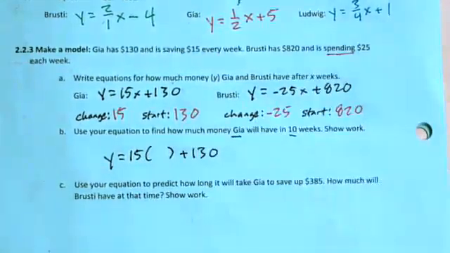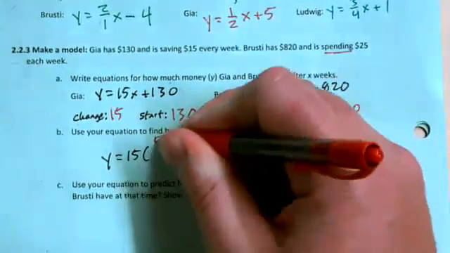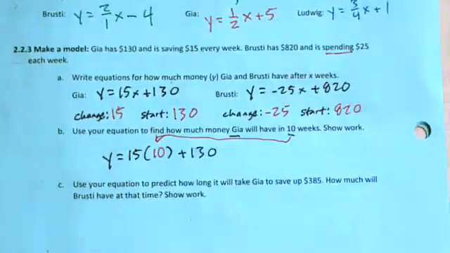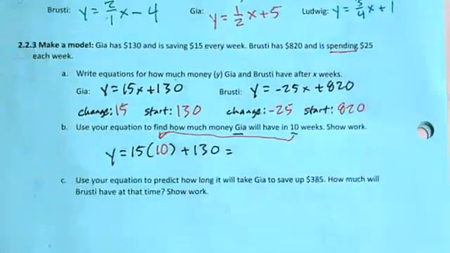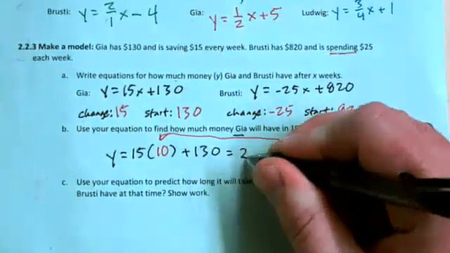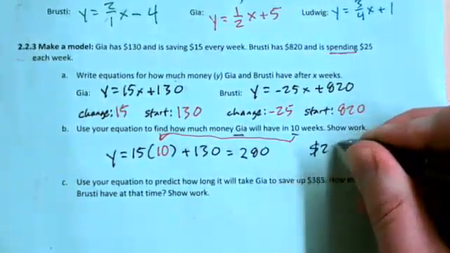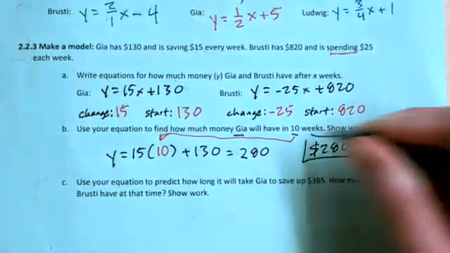But I left my x out because I know an x value. The x value is going to be 10. y equals 15 times 10 plus 130. And then we could grab a calculator and type that in. Or some of us might be able to do that in our head. You know what 15 times 10 is? 150. And then can you add 150 and 130 in your head? 280. Nice. So Gia is going to have $280 in 10 weeks,